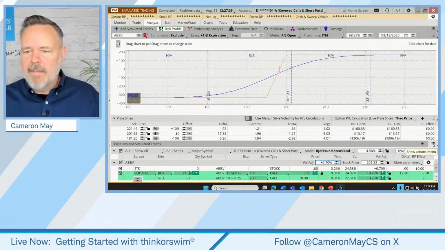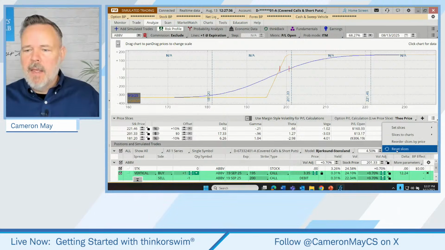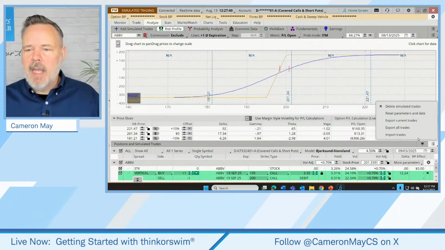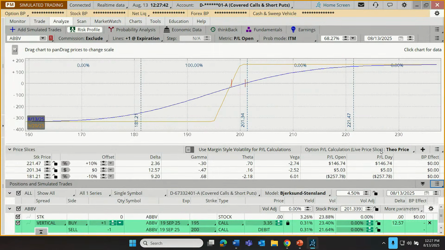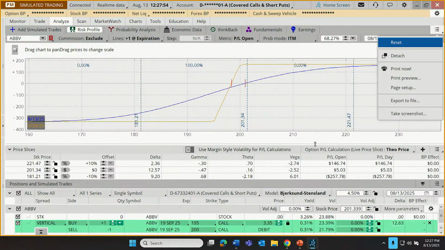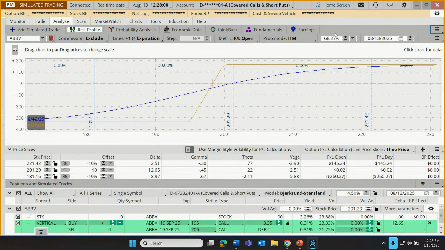Let's reset everything. I'm going to come down here where we have our menu. You'll notice there's a menu above each of these. If we click on those, you can choose reset and just reset any changes that have been made. Let's reset the parameters. There we go. Just takes us back to break even, or takes us back to the way it was originally. If we want to reset everything on the entire tool, there's a reset function right up here. If we choose reset, it doesn't delete the trade. It just resets any of the little adjustments that we've made along the way. So I'll go ahead and click reset there as well.